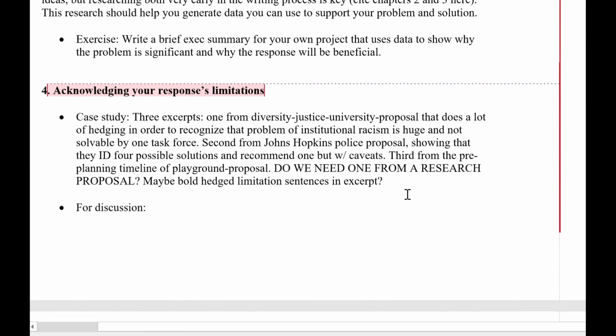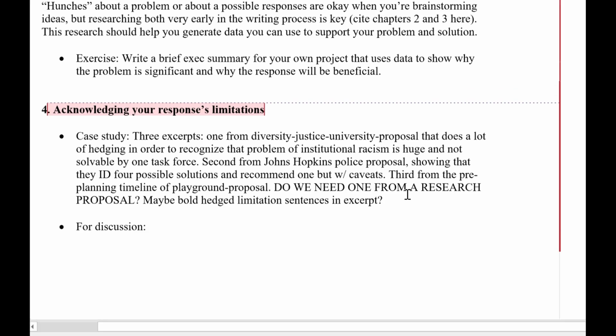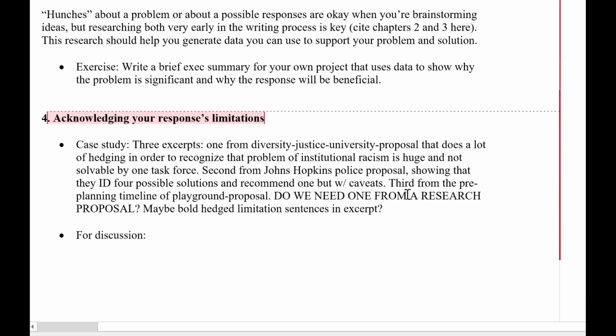Now, acknowledging your response's limitations, and I really like this caveat that you have over here, that this doesn't always happen. So I think a way to do this is maybe do kind of a CGA type activity, like compare, put up two examples, one that's more salesy and one that acknowledges limitations, and ask them a bunch of questions like, what do you think about this?